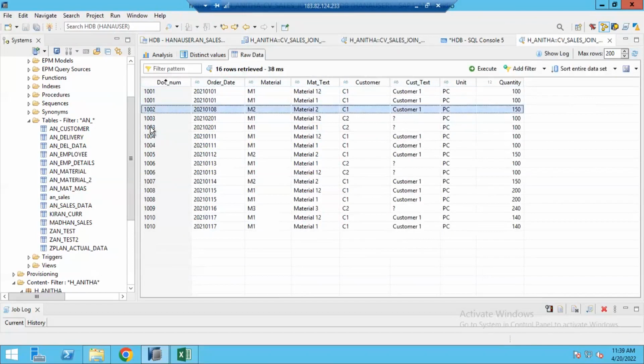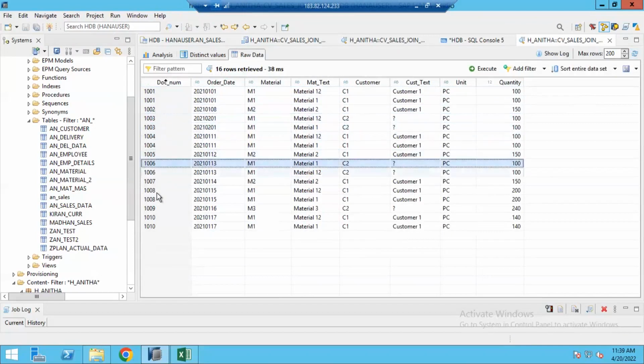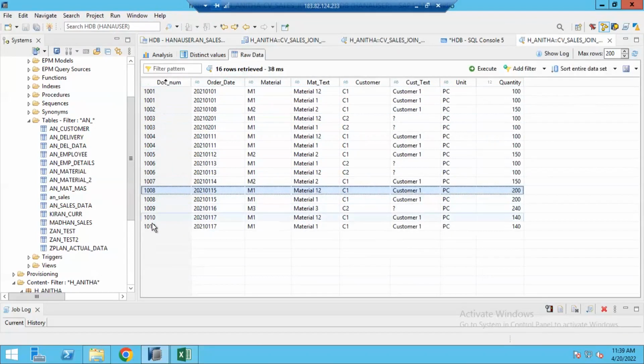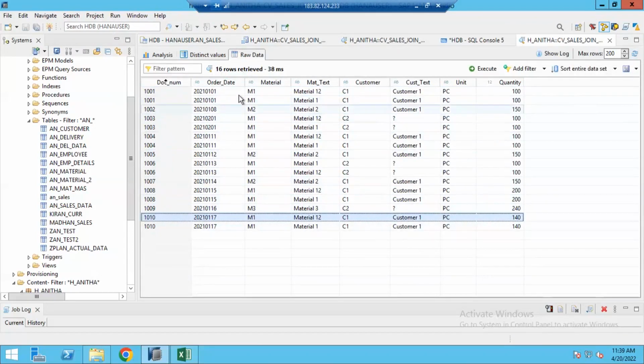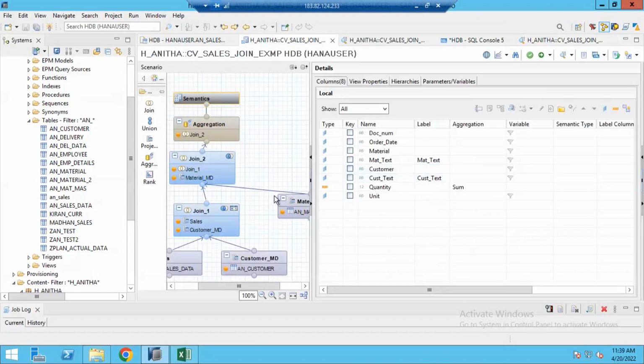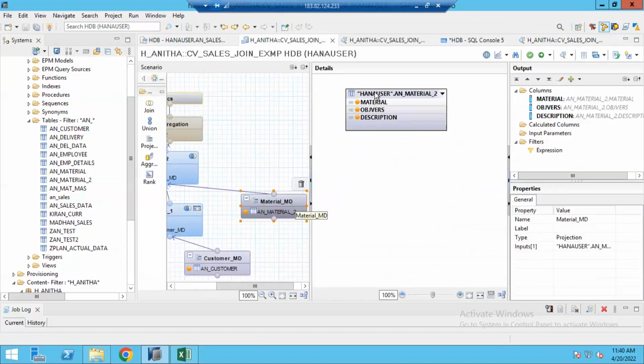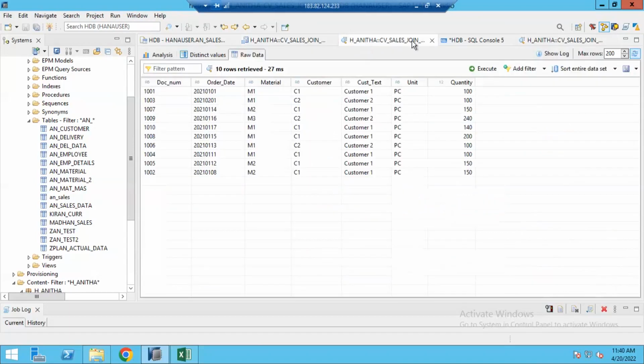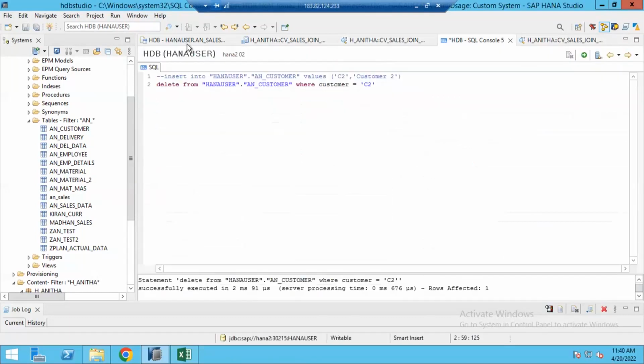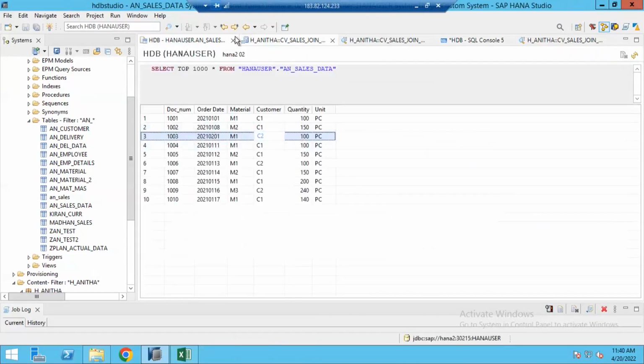It came twice, and 1002 also, 1003 came twice, 1006 came twice, 1008 came twice. Okay, 10 also. So a few records came here 2 times instead of 1 time. So why did it happen? It happened because we have duplicate records in our material master data. As explained before, I am coming to this topic. In my material master data,